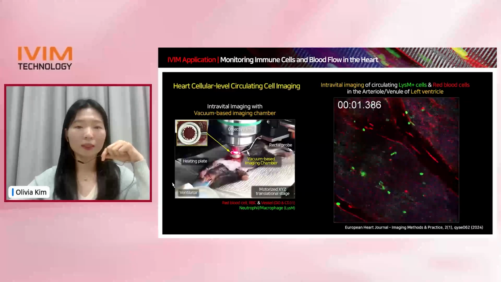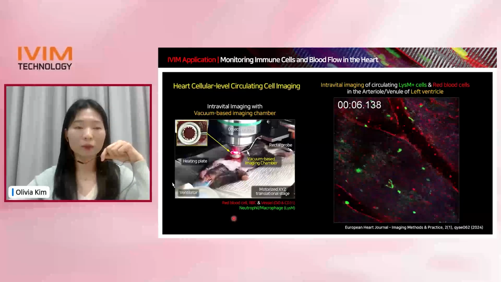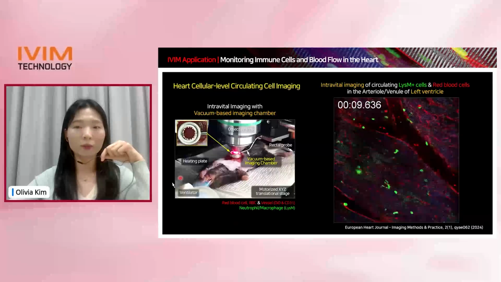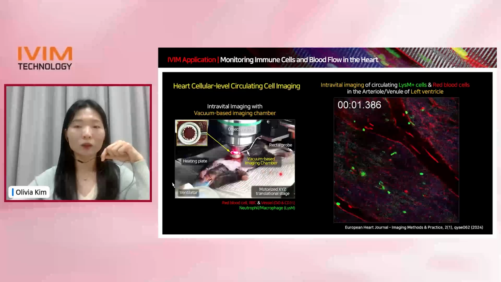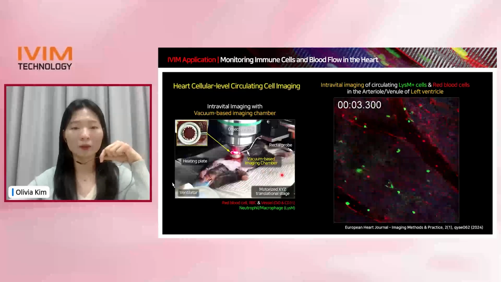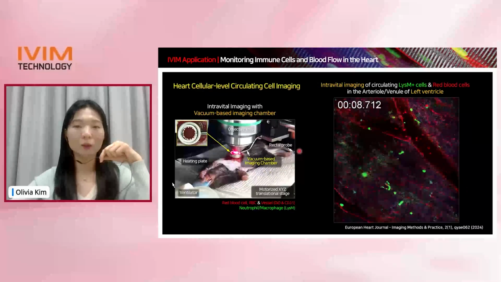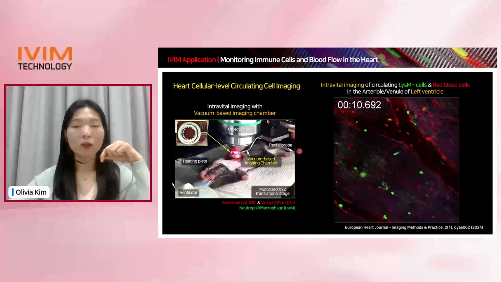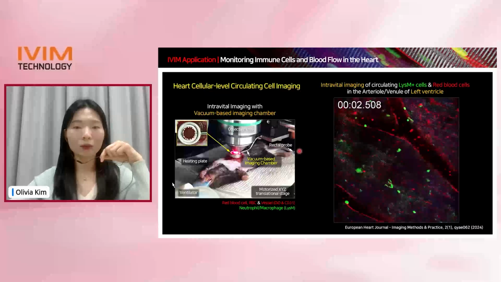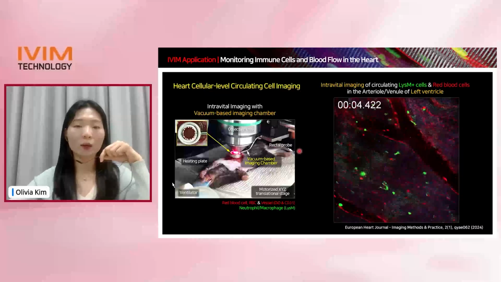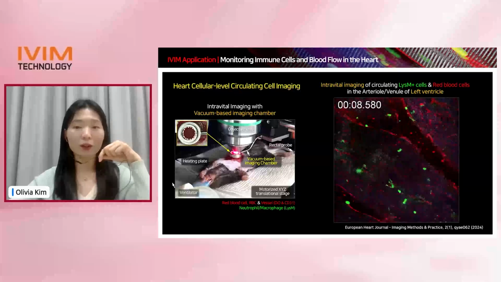On the left, you can see a mouse mounted for heart imaging under the microscope. As shown here, the animal's respiration is maintained using a ventilator, and a tissue motion stabilizer is connected to the vacuum-based imaging chamber to gently stabilize the surface of the beating heart. In addition, a rectal probe continuously monitors body temperature and provides real-time feedback to maintain physiological stability throughout imaging sessions. With this setup, we are able to perform stable intravital imaging of the heart in a living animal. Now moving on to